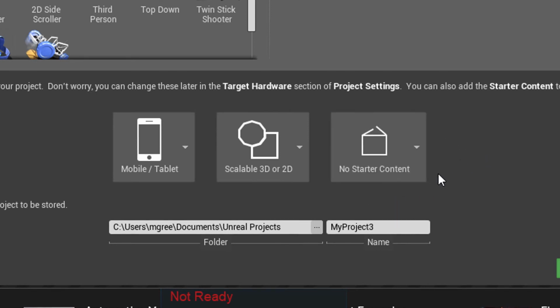Finally, I'm going to choose a location for the project. One thing to keep in mind when working in Unreal Engine is that it's best to keep the folder path as short as possible, so not in a long string of folders within folders. Unreal Engine has a maximum folder path length of 180 characters. If the path is longer than that, the project will not package